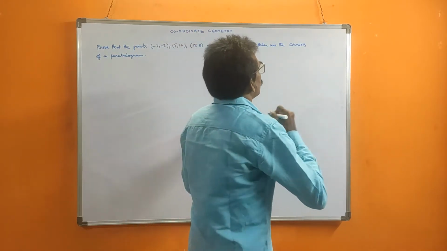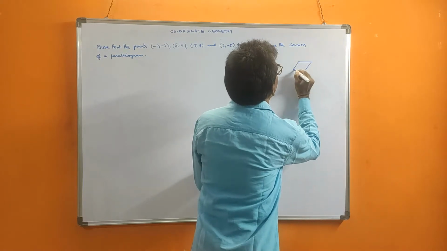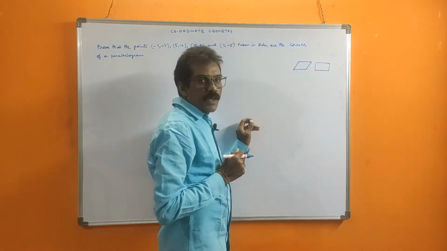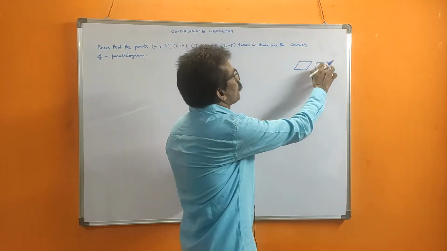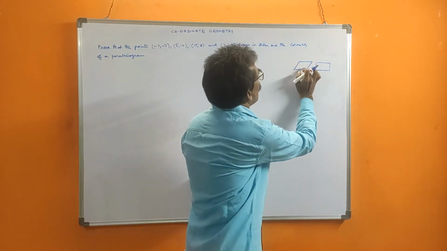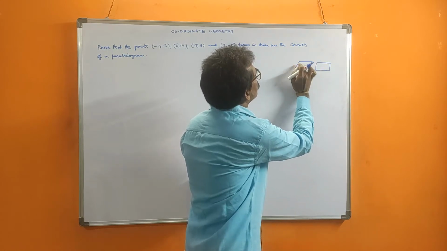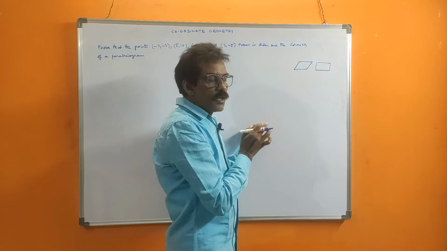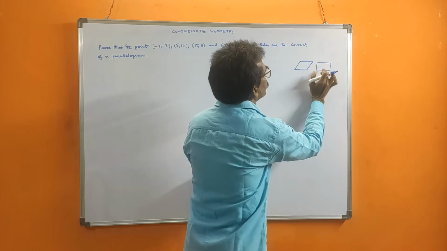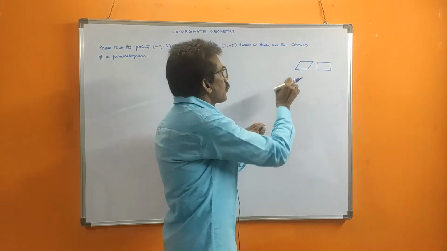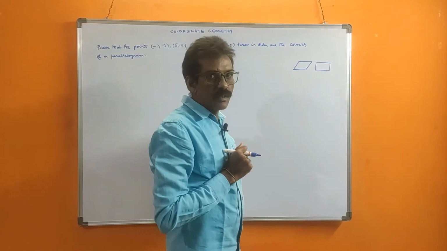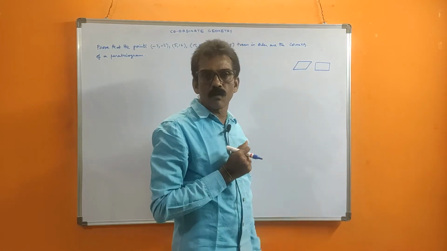Suppose these two are the quadrilaterals formed by 4 vertices only. Both have 4 vertices, and they have a similar property. In a parallelogram, opposite sides are equal. This side equal, this side equal. If you prove only this condition, then a rectangle also has opposite sides equal. If you only consider opposite sides equal, then it may be a square or rectangle also, who knows.